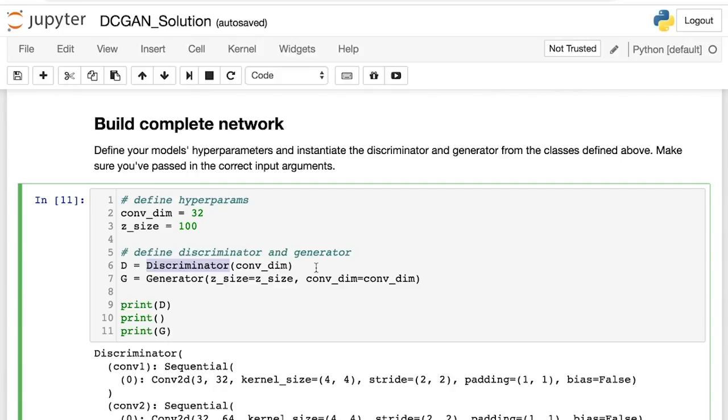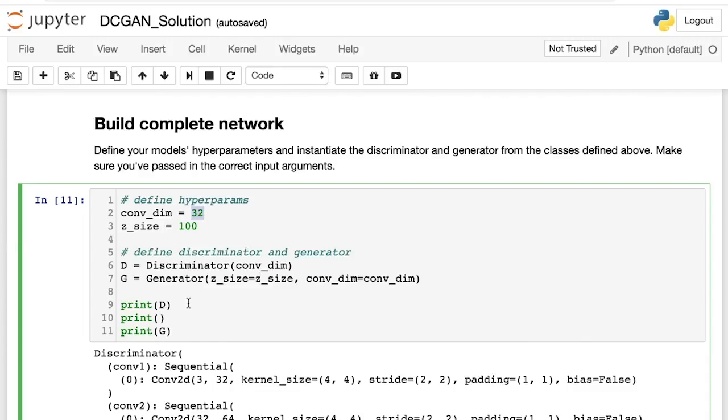In the last few videos, I defined the discriminator and generator classes. The discriminator takes only one parameter as input, a convdim, and the generator only takes a z-size and a convdim. So here I'm just defining this complete model by defining two parameters, a convdim, which by default is 32, but I want to explicitly specify it here, and a z-size of 100. So this defines the input to our generator, a latent vector size, and this convdim defines the depth of our convolutional layers in each of these models.